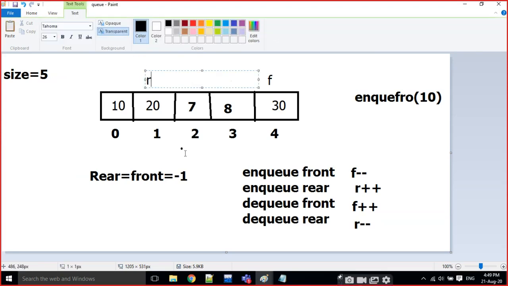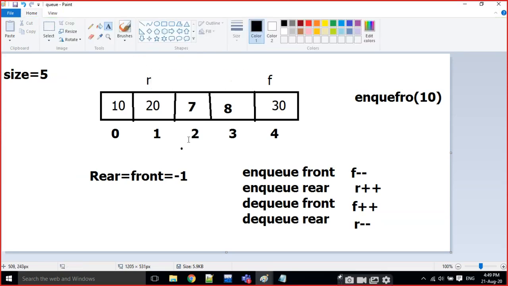For example, rear is at this position. Now I am going to delete the value at this position, no problem for rear value. It is going to be decremented and it becomes R minus minus, and R goes to this position. Now again I am clicking DQ of rear. Now what happened? I am at the starting position.